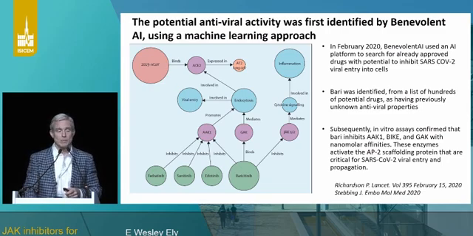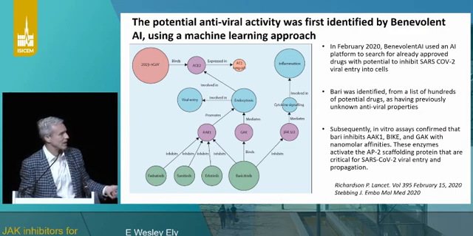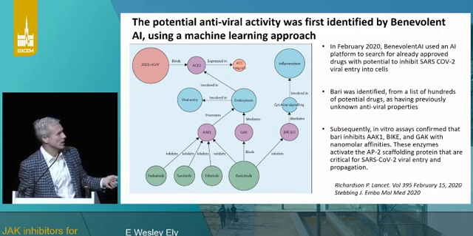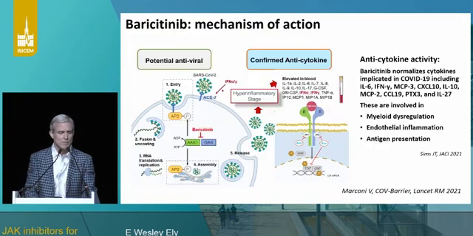Very early in the COVID pandemic, this publication came out from Richardson in Lancet, whereby benevolent artificial intelligence was used to look at the world's data for the purposes of evaluating hundreds of medications for repurposing for use in COVID patients. As you see on the bottom here, baricitinib was identified as the top agent, whereby you would have a drug that would work at viral entry, endocytosis, and cytokine signaling. And it was this that caused other investigators to begin to do trials with baricitinib.